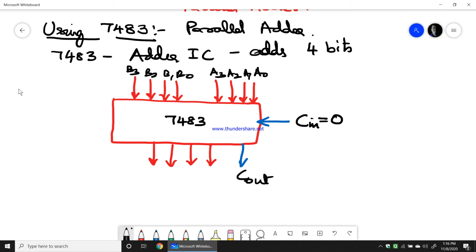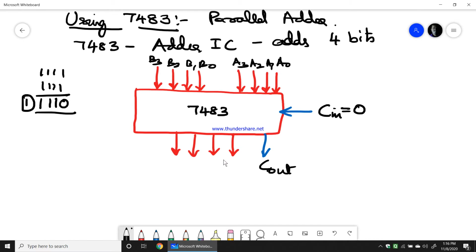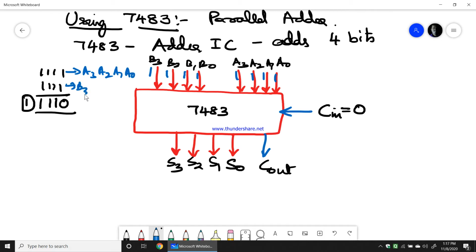out after addition. So when I add 1 1 1 1 with 1 1 1 1, you will get 0 1 1 1 along with that last bit which is carry. So therefore I'll have 4 outputs for representing this 4 bits, output 4 bits, S0, S1, S2, S3. So this is the parallel adder circuit. So while giving the input, we give 1 1 1 1 and we also give 1 1 1 1 for this, and it adds these two and it gives the output S3, S2, S1, S0. So these are the inputs A3, A2, A1, A0, and these are the inputs B3, B2, B1, B0.